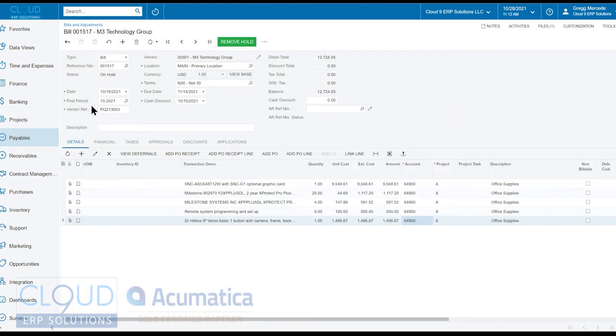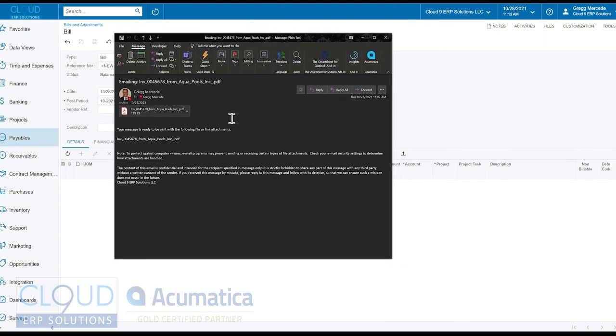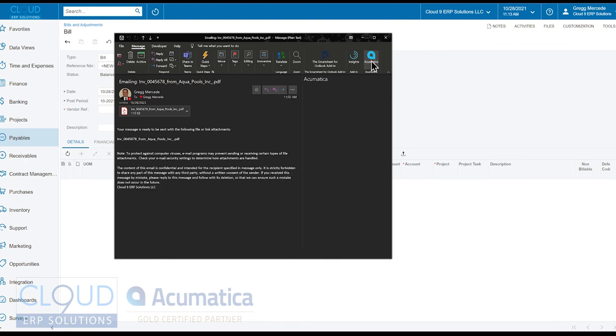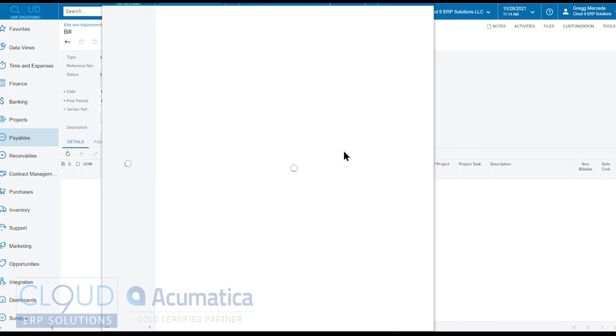So that's one way. The other thing you can do is you can take it directly from an email. So let's say you get an email and it's got a bill in it. With the Outlook plugin for Acumatica, you click on it. You'll notice that it's recognized me. It just so happens that I'm recognized here. But you have an option to create an AP document directly from here. So if we select it, it's recognizing the document. And now you have an option here to view that document. So if we open it up,